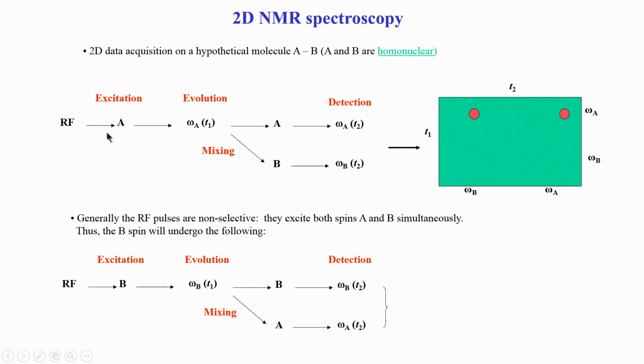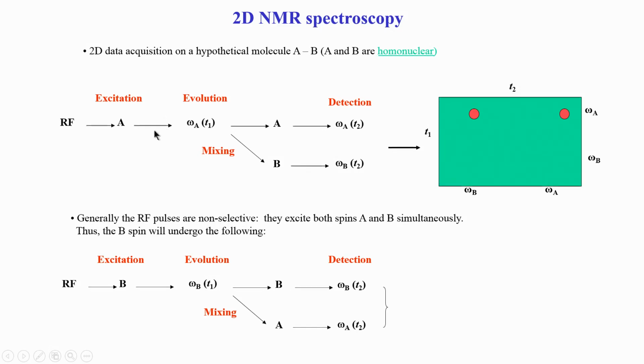By now you must be familiar with the concept of going from the z axis to the xy plane when we apply a 90-degree pulse. You have to recall that when you apply a 90-degree RF pulse, you excite the magnetization which goes from the z axis to the xy plane, along the x or y axis. Now, once that happens, we remove the RF pulse and the spin simply rotates or precesses in the xy plane. During this process, it is also recovering to the z axis and also it is dephasing in the x and y plane. So, this is the relaxation part which is going on here.